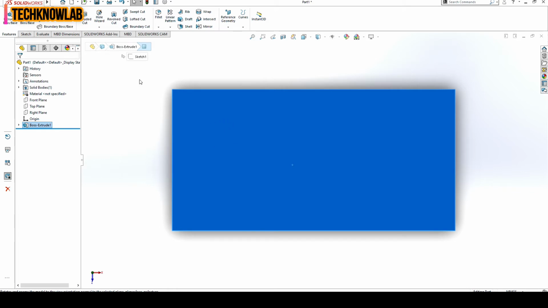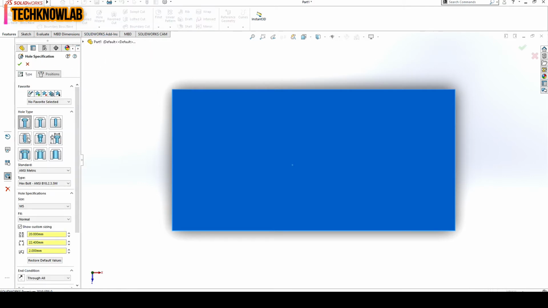Now we will have to put holes. One way to create a hole is to just draw a circle and extrude cut it. But we also have an option, hole wizard. So we will use it. Choose here the hole type, which type of hole you want to make.